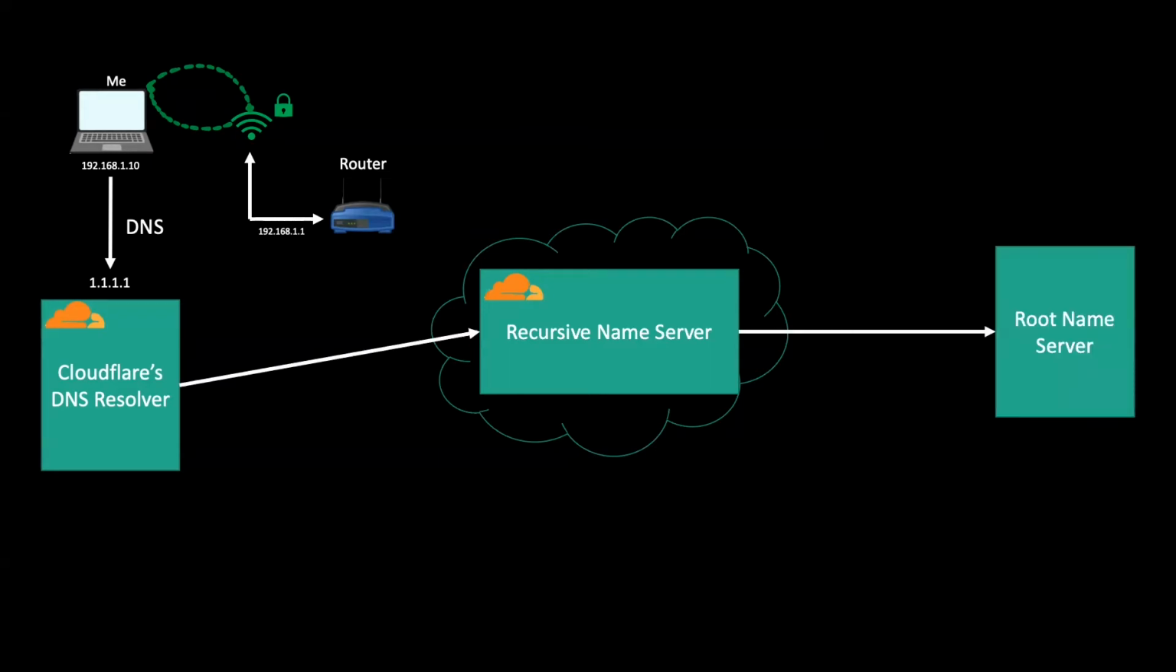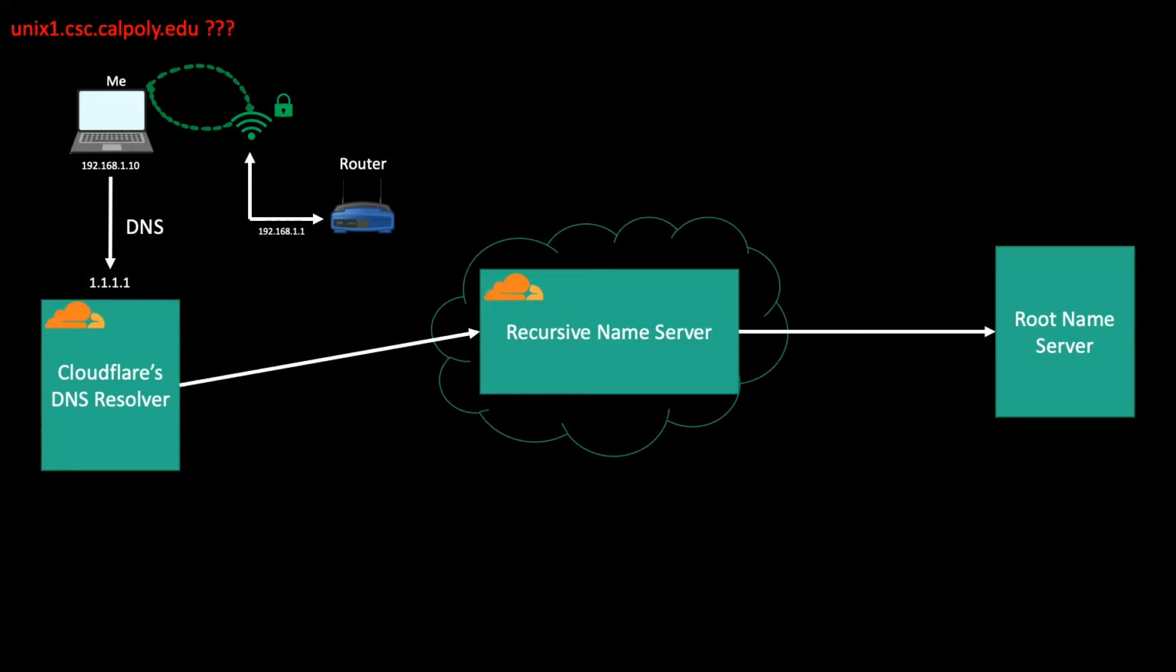Now, the first spot a recursive name server checks is the root name server, which is owned by IANA, which is another organization like ICANN. Within there, they have a root database of all of the top-level domains and all of the name servers that can respond back to those. So we'll give an example with